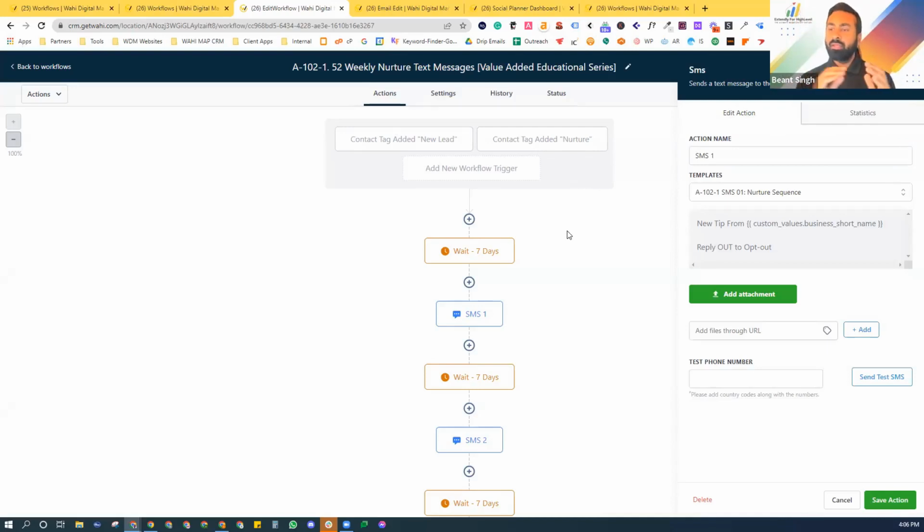And now you're going to be very conscious on setting that up, because the new lead gets added during a calendar call booking. That's when a new lead gets added, and then nurture gets added along with another stage as well. So once you've got those set up, you're going to come down here into SMS1,